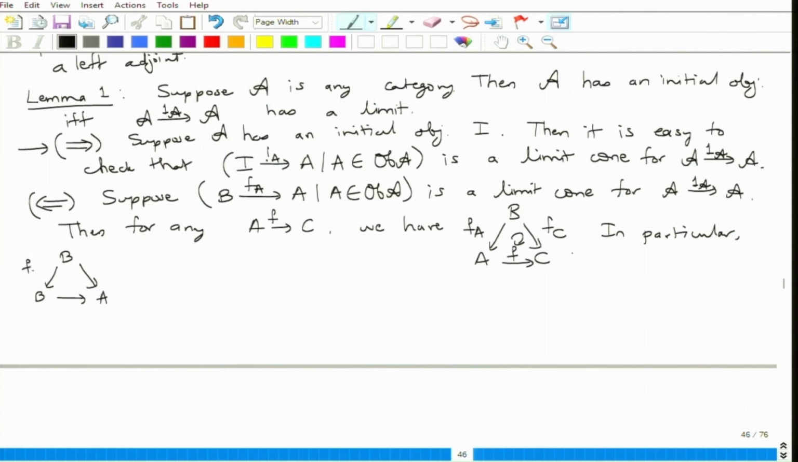Well, it's no, FB. See, you just have to substitute in this diagram. This is FA and this is F. In particular, this commutes. And for any morphism, it commutes. For any A to C. So in particular, I choose this. In particular, this commutes. So therefore, by uniqueness,